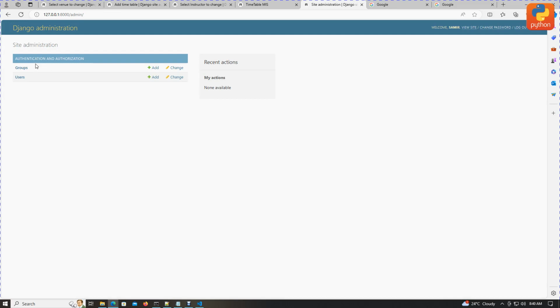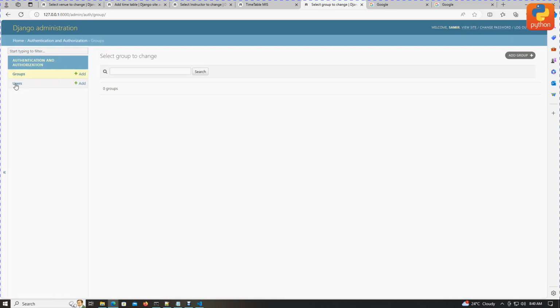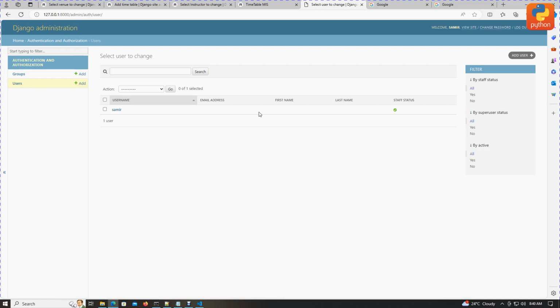Now you can see this is the default theme of Django, default theme. Now you can see we have groups and users, and there is mine, first name, last name, and so on. Yes. Okay, now we need to create,